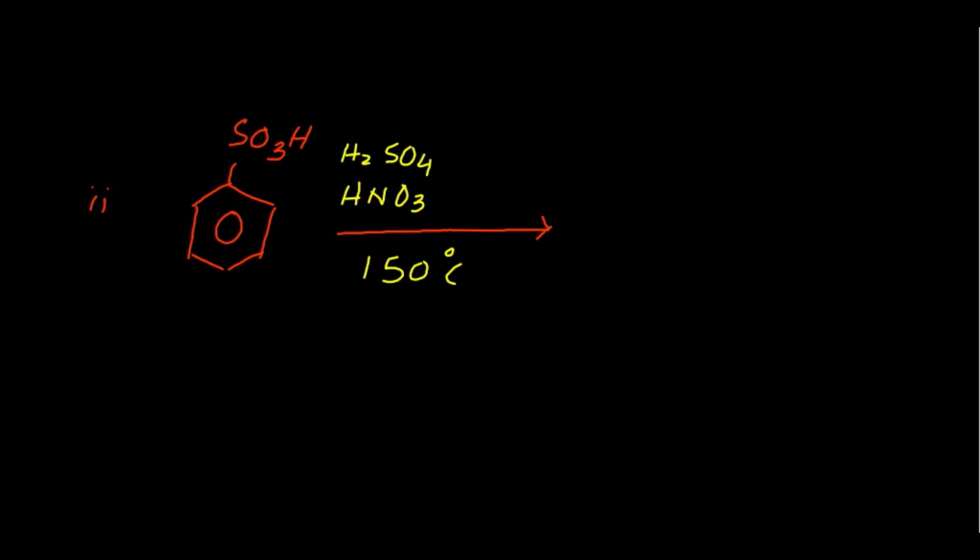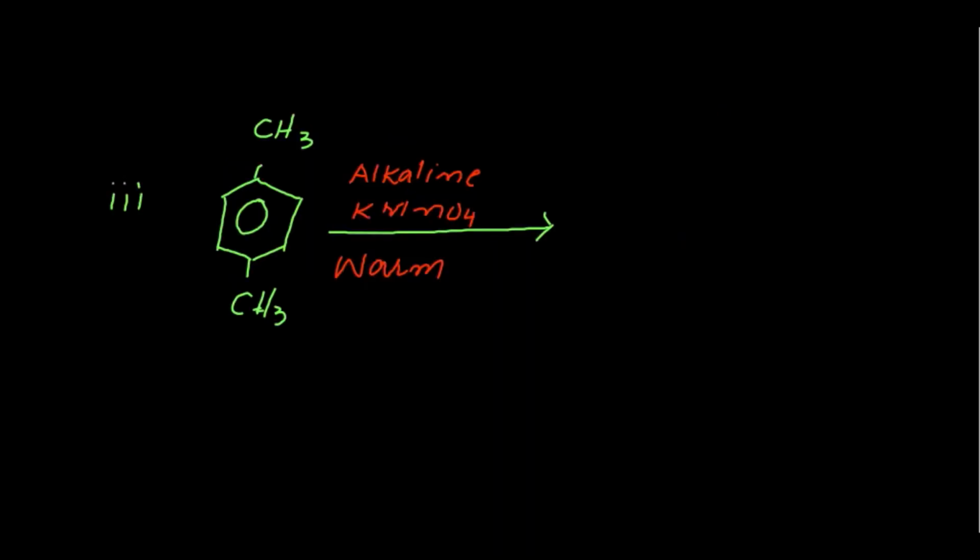We write the benzene sulfonic acid here, SO3H, benzene sulfonic acid, and the nitro group would come at the meta position, right? So as a result here we get meta nitro benzene sulfonic acid or 3 nitro benzene sulfonic acid, right? Now let's see what the next reaction product is that we are asked to find. Next reaction,